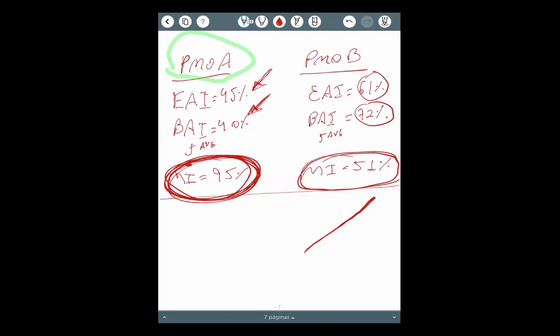And Yasser asked to repeat this example. Again, what you have to understand is that EAI and BAI will tell you if you are on the correct path, if you are aligned with expectations. Maturity level will tell you if you are doing very well what you are doing. What I'm saying is, before doing something very well, you have to be concerned about whether you are on the correct path, because doing very well something that you are not supposed to do is a waste of time, resources, and